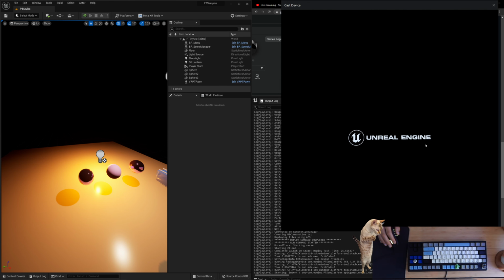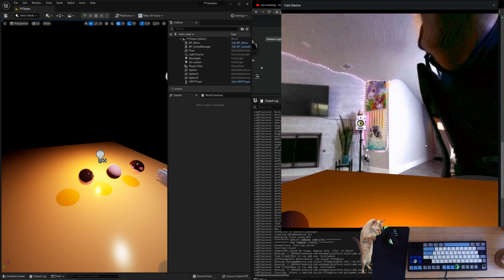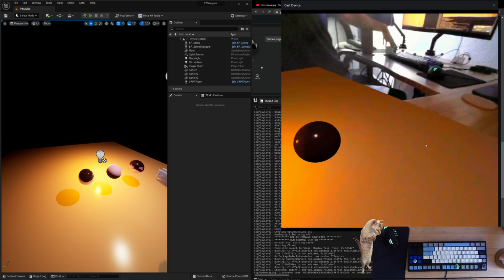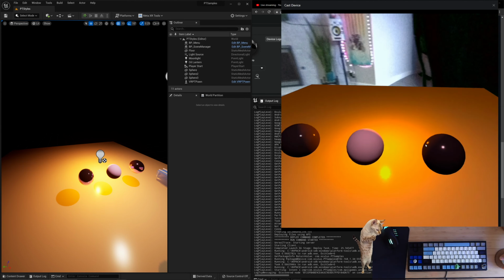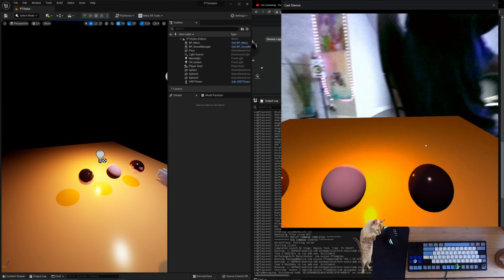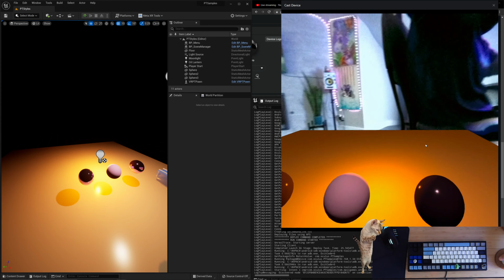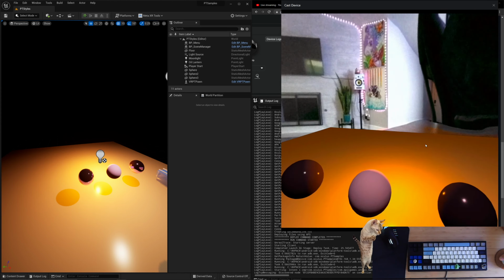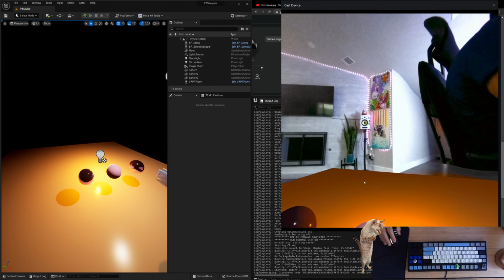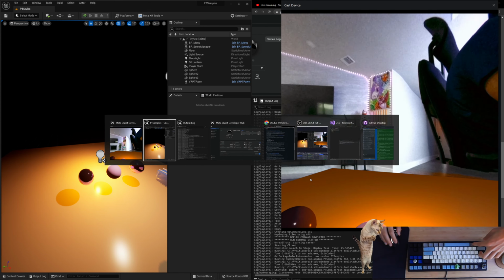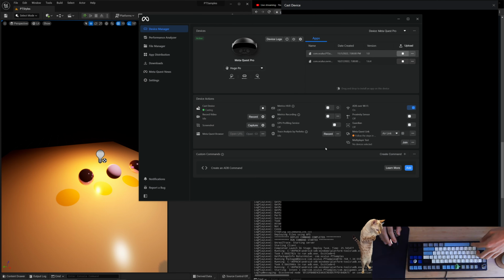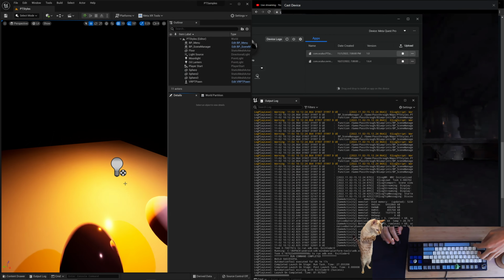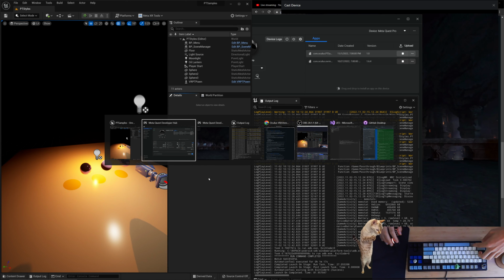But yeah, let's end this with this lighting here. This is the dynamic lighting, which I think looks the best. It still doesn't look great, but it's better than the other ones. It's me. Awesome. So